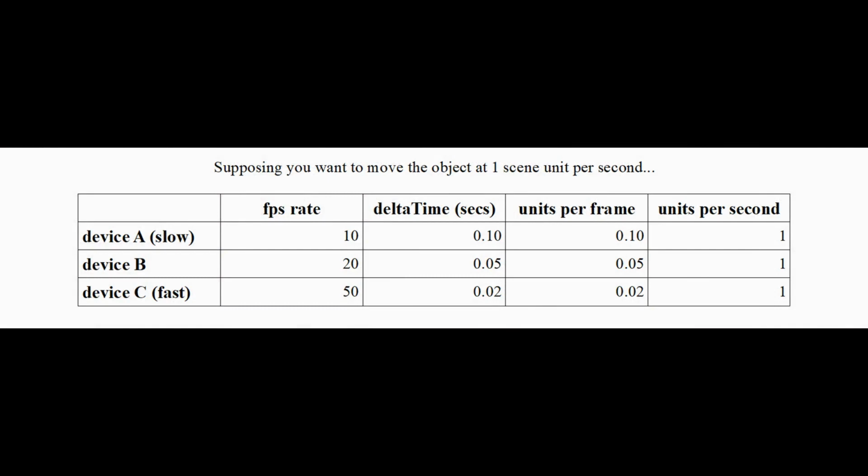Time.deltaTime is a variable that represents the time elapsed in seconds between the last frame and the current frame, or, if you prefer, the time it took to complete the previous frame. It is used to make movements and animations frame rate independent, usually by multiplying an object's speed in units per second by time.deltaTime in each frame. This way, the speed per frame will vary based on the frame rate, ensuring the same speed on devices with